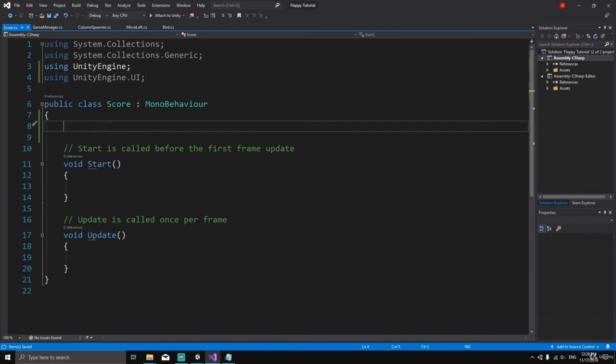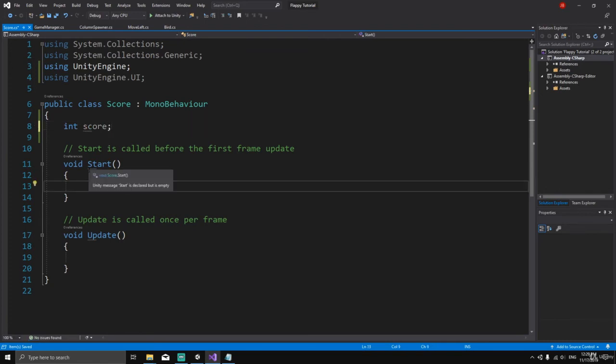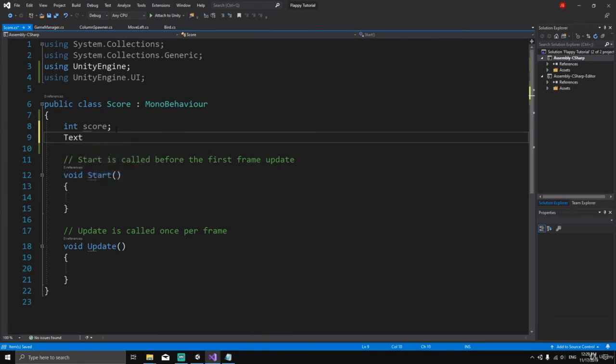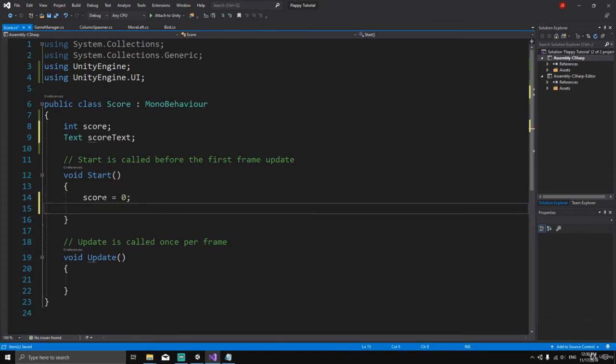Okay, and now what we need to do is create an integer. So int score equals 0. So we're going to create a variable called score, and this variable is going to be equal to 0. Let's also create a Text variable called scoreText, like this. And inside the start method, we're going to say that score at the beginning of the game is equal to 0, and scoreText